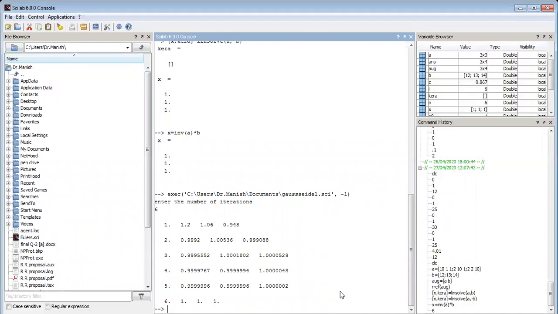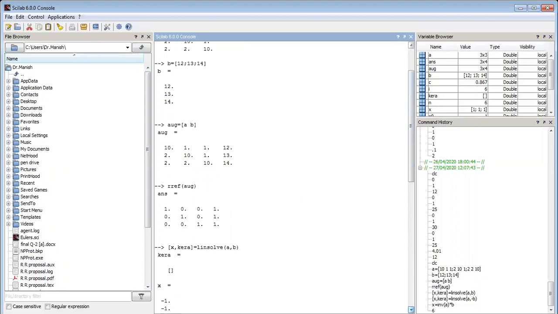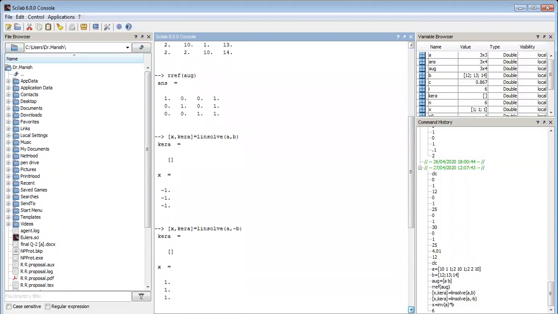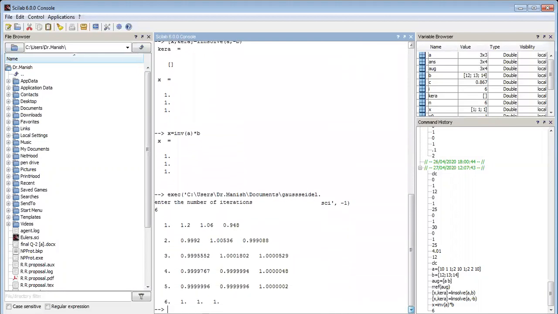You can work with this by taking different examples. You can save it and you'll get the same answer. As we have seen, I have taken the same example earlier; this is the output of our Gauss elimination method, and there I took the same input and got the answer 1, 1, 1. The same answer I'm getting through this Gauss-Seidel method, which is our iterative process, and you can see that it slowly converges to 1, 1, 1, and you get that value after the 6th iteration. So thank you.